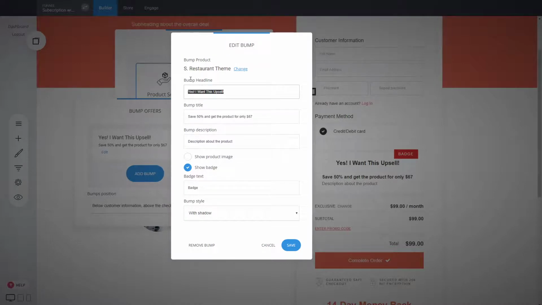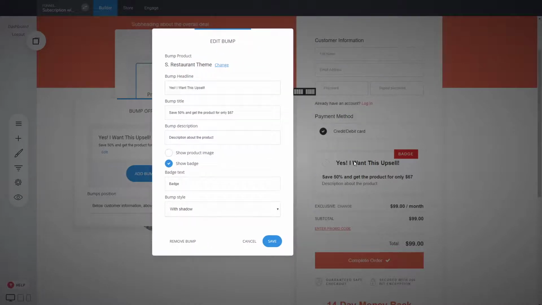Then you add this bump headline, basically is what will be the biggest headline. So in this case, yes, I want this offer, or give me that book, if it's a book as an upsell, or give me that product name, whatever you want it to be. Or yes, I want to make more money, and at the bottom is how to start making money with this 5-step guide or something like that. Just an example. Just add the bump title, the description of some sort if you wish,